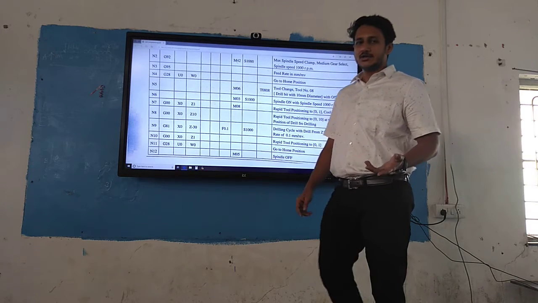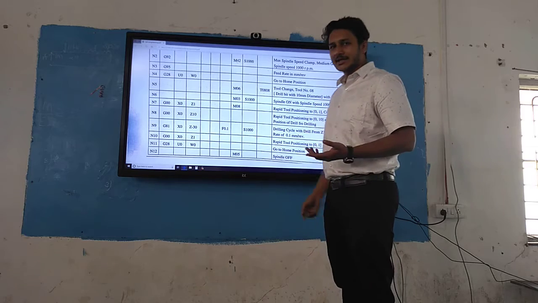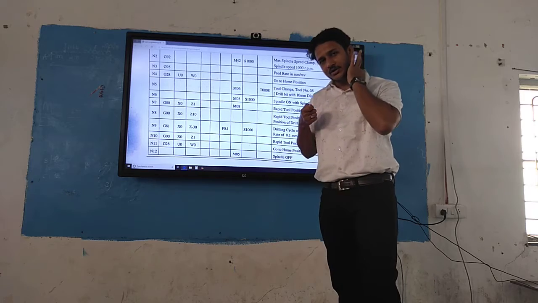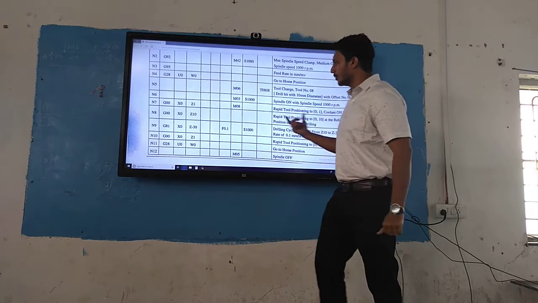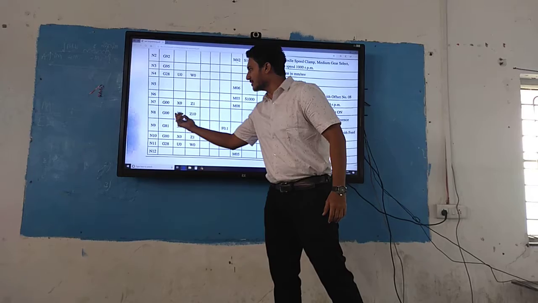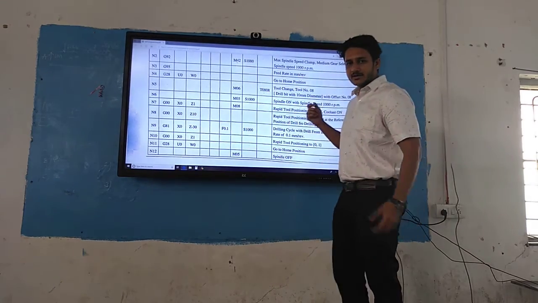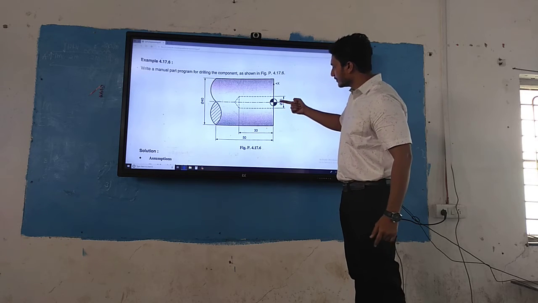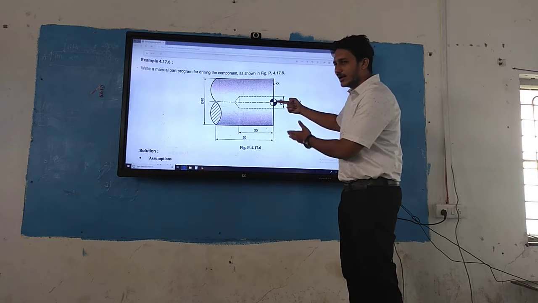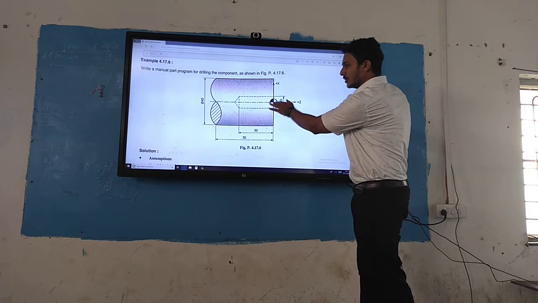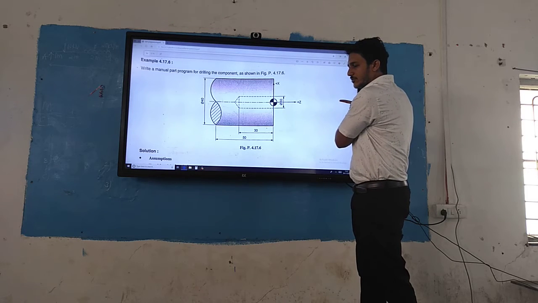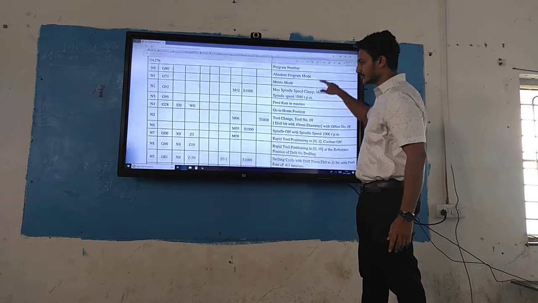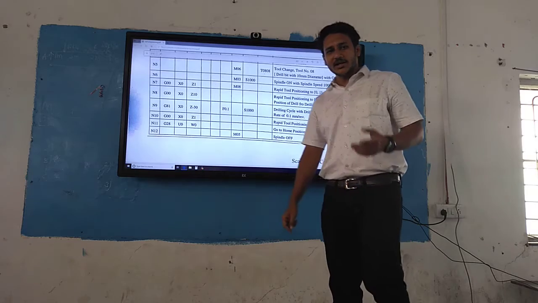Next, I need to do my drilling operation. So I'll take my tool somewhere in the positive direction: rapid tool positioning from X0 and Z1. My tool is here actually, at X0 and Z1. I'll take it back to X0, the same position, and Z 10 mm away in the positive direction from the tip of the workpiece. Next, I need to do the drilling cycle.